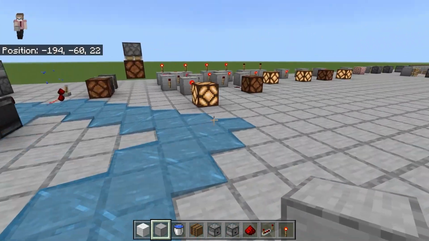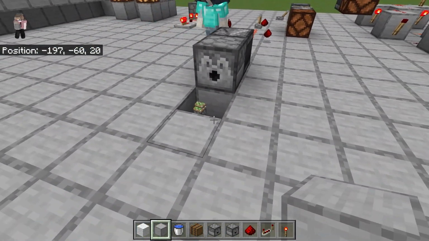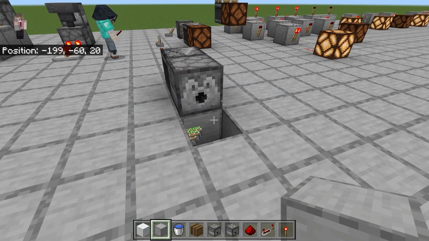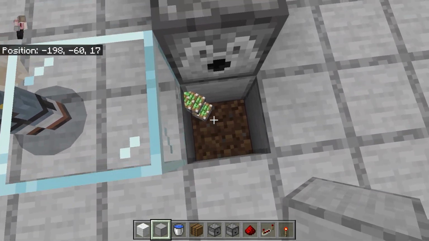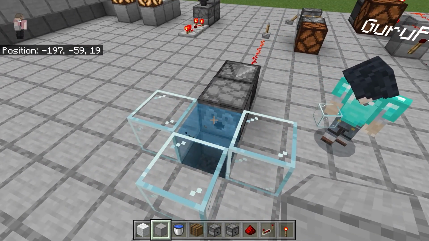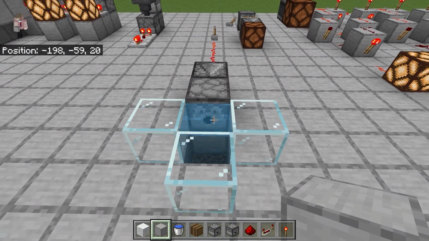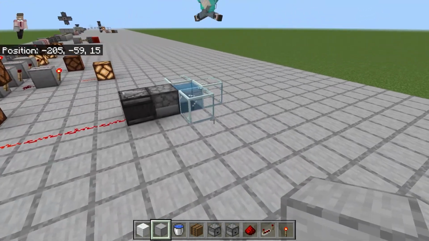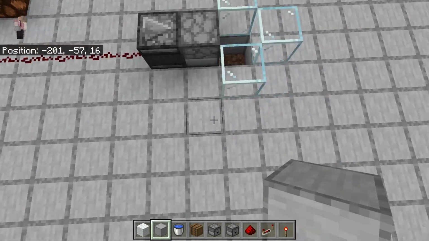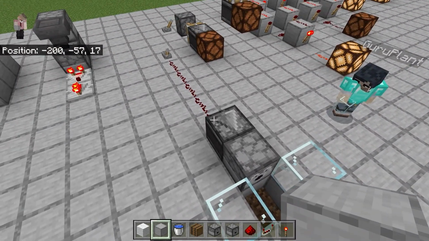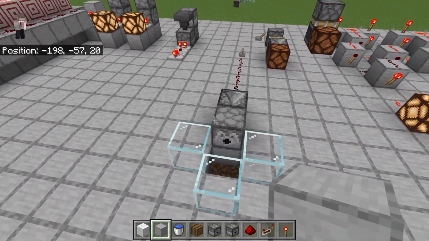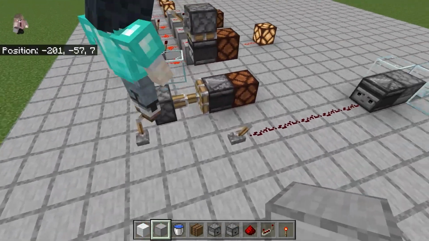Oh, well, that didn't work. How did that not work? There's nothing there. Why is it not going? That's weird. When you turn the system on, the water comes out. I have no idea why that's not happening. Never mind. And then when you turn it off, the water is then retracted because you're pulsing the circuit a second time. The exact opposite of a monostable circuit